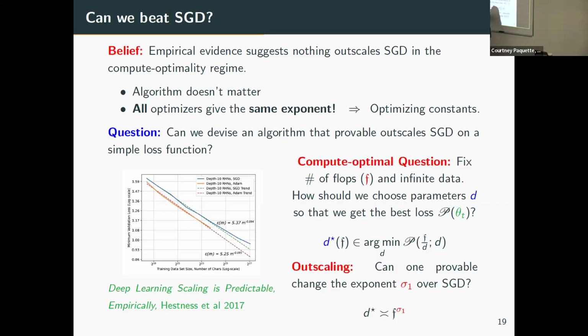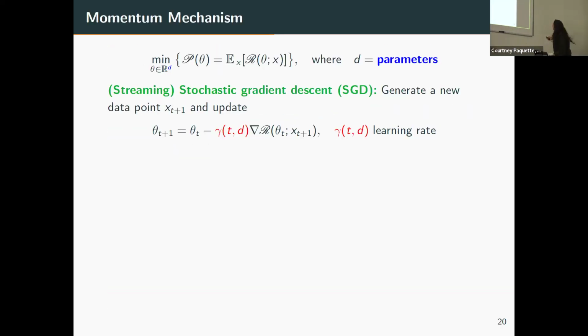And that makes sense, and there's been a lot of evidence. You get curves, they look almost parallel to each other. They're just shifted down. So there is this question of, can you actually outscale something? Outscaling here means basically, can I get a better exponent on my D star than what I would have gotten for SGD? And the empirical evidence says no. Anyone want to take bets? But if you solve this problem, it would be huge, right? You would not be a PhD student anymore, I'm pretty sure.